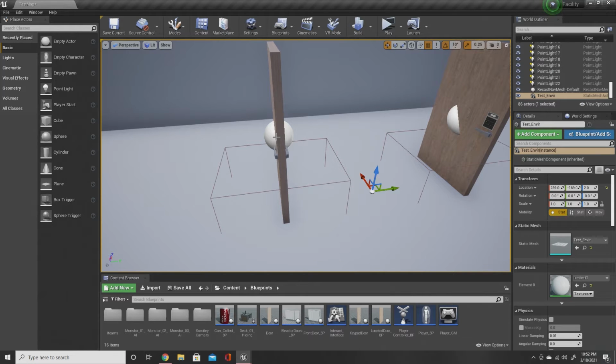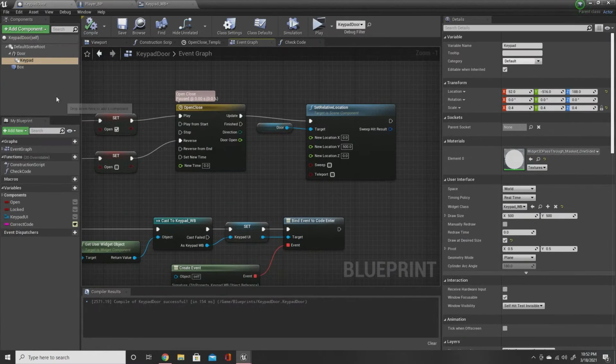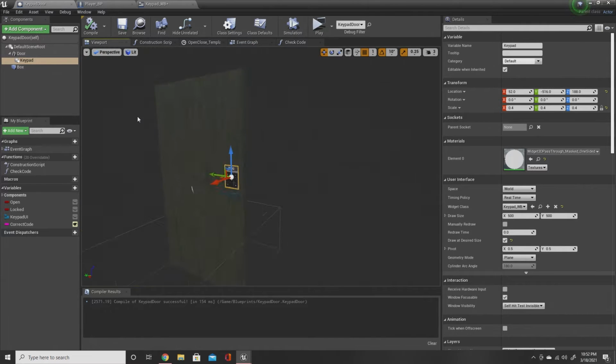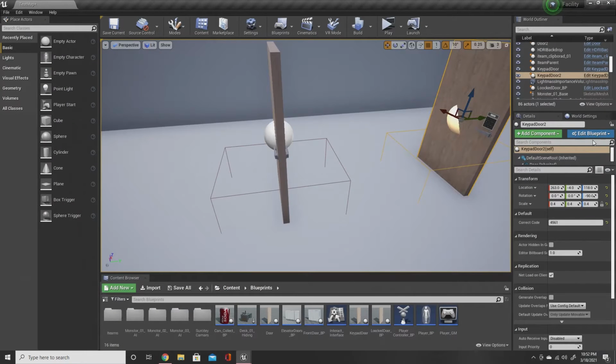Okay, so this took a lot longer than I thought it was going to, mostly because there was an issue. Whatever these widget interfaces on your objects, make sure that there is nothing blocking this, like this box collision or anything like that. But basically,